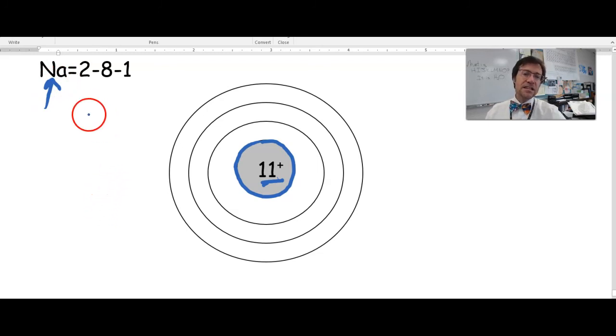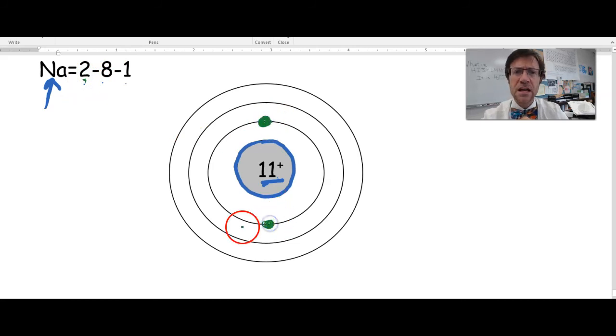And so the next thing we need to do is go back to our periodic table of the elements right over there and find the electron configuration for sodium, and it is 2, 8, 1, and that tells us that there are 3 levels. So we draw 3 shells, or energy levels, or principal energy levels, or whatever they come up with, and in the first shell, the closest, there will be 2, so I put 2 dots,